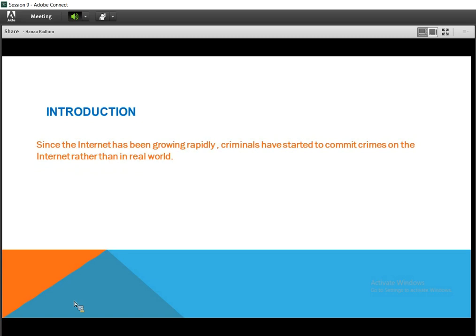Introduction. Since the internet has grown rapidly, attackers have started to commit scams on the internet rather than in the real world. Attackers generally use malicious software to launch scams against the victim machine.